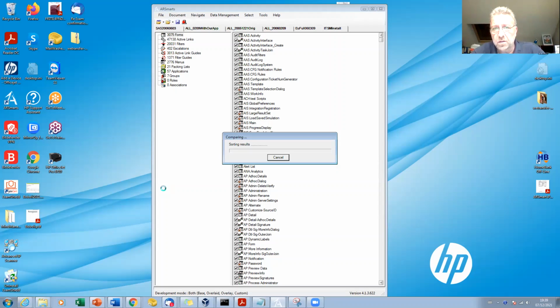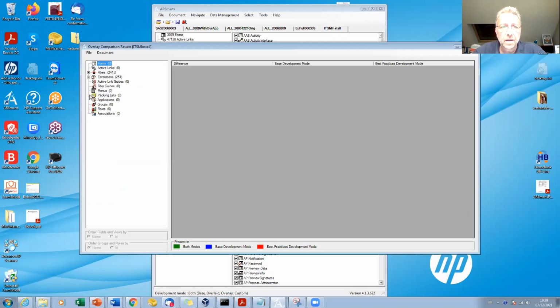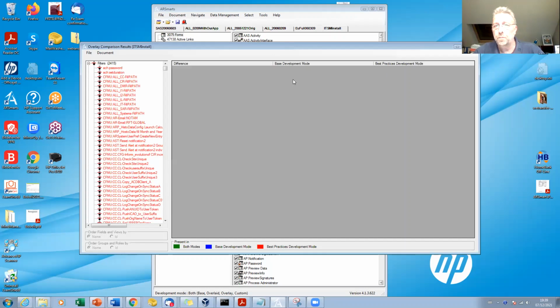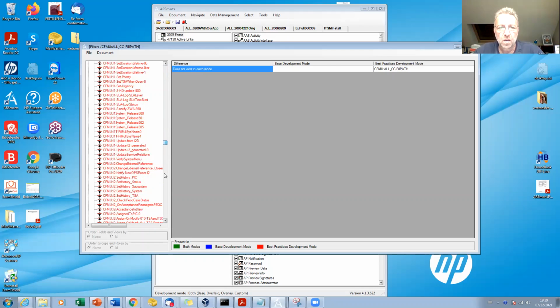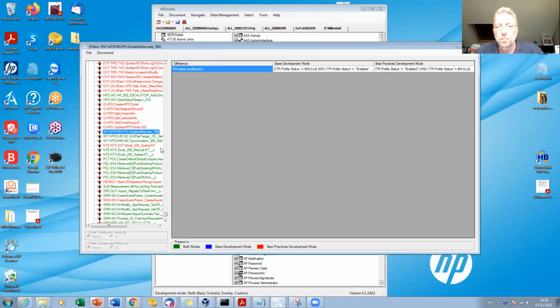And then ARSmarts will show us the difference between the base layers and the best practice development mode and the base development mode. So it's an ITSM application in which we imported another application. So we have a ton of workflow that exists in the best practice development mode, but doesn't exist in the base development mode. But if I go down the list, I have a number of pieces of workflow that are present in both development modes,